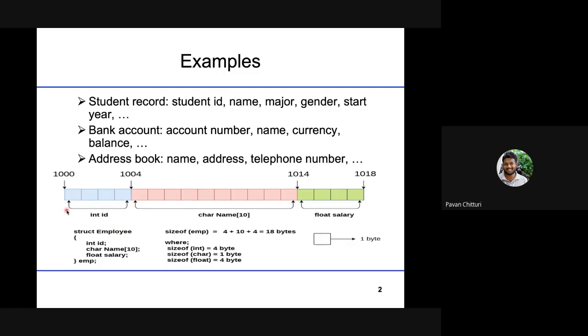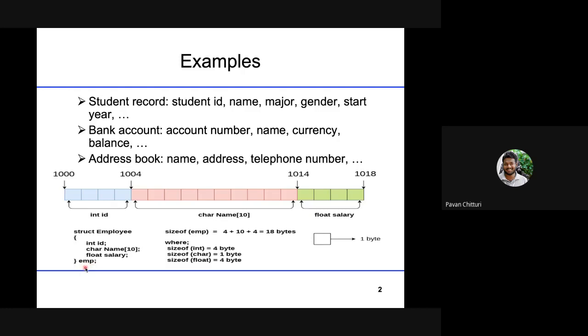As I said in the definition in yesterday's class, a structure is a collection of heterogeneous elements grouped together and stored in continuous memory locations, which can be accessed by a single variable name, that is the structure variable. Here in this example, they started from 1000 and are stored in continuous memory locations, which can be accessed by a common variable name called EMP.